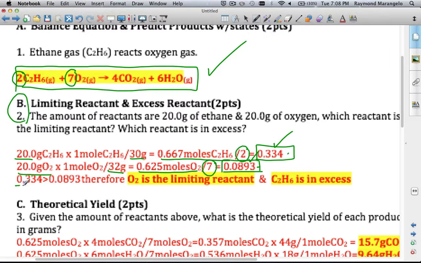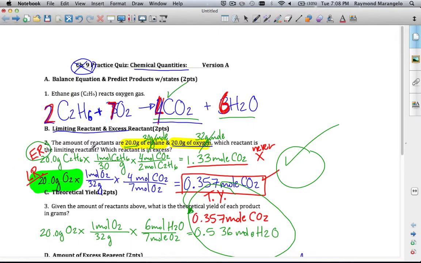And when I compare them, 0.334 is bigger than 0.893. Therefore, the oxygen is smaller and it is the limiting reactant. So either way, I get oxygen as a limiting reactant, whether I divide by the coefficient and compare the two numbers like I did here, or if I convert, and